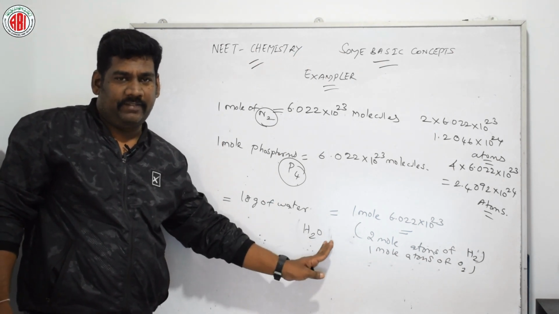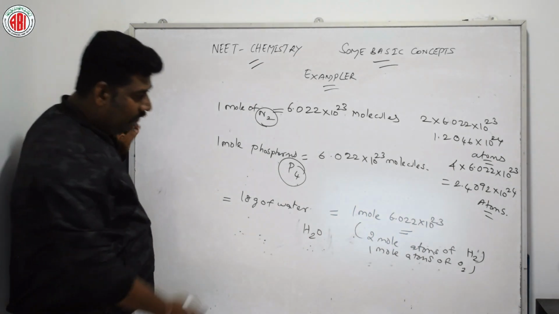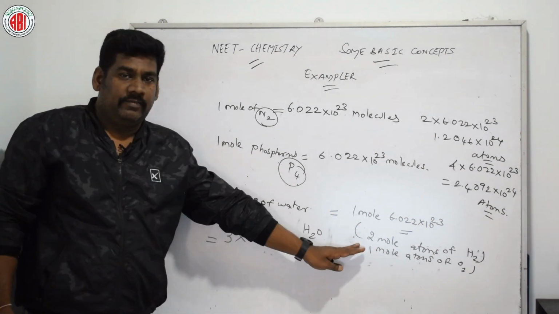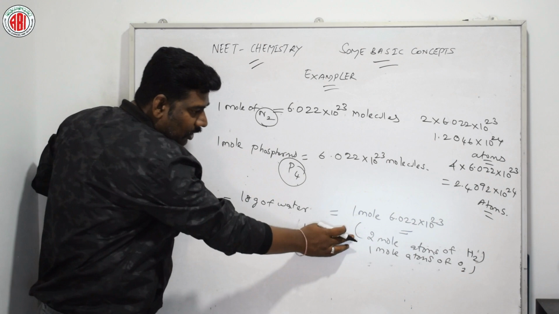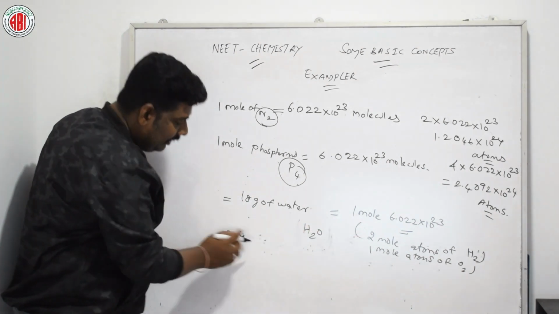Okay. Applying this value, how will we get the answer? Let us see. That is overall 3 mole. Yes, 3 into, we are going to write the value. This 3 is nothing but what? 2 mole of hydrogen, 1 mole of oxygen. 2 plus 1, 3 into